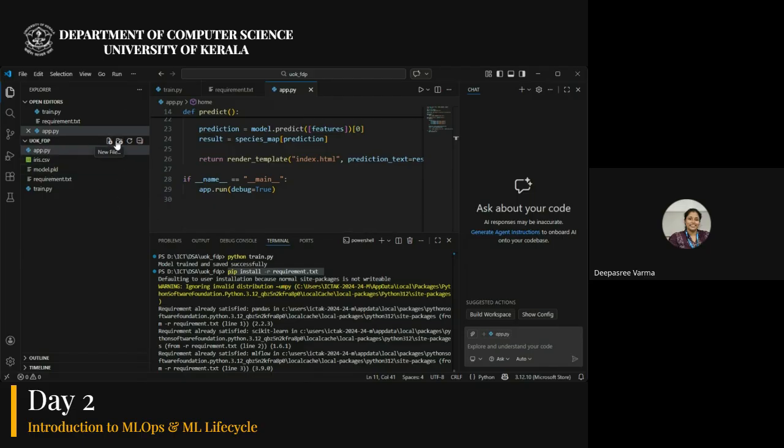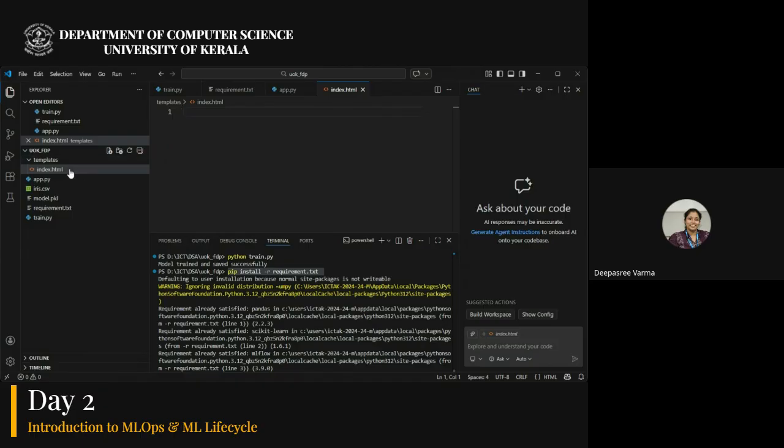To create the HTML page, we need to create a folder here. I will name it templates, because in Flask this framework is necessary, and inside it we will create a file called index.html.